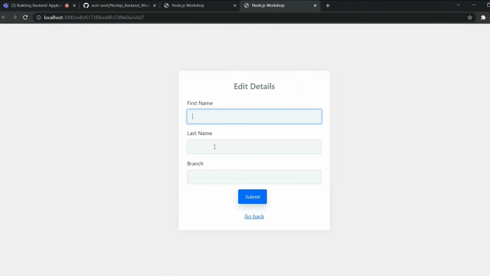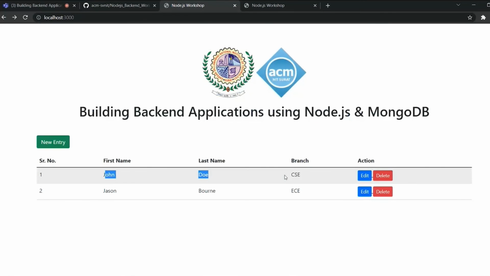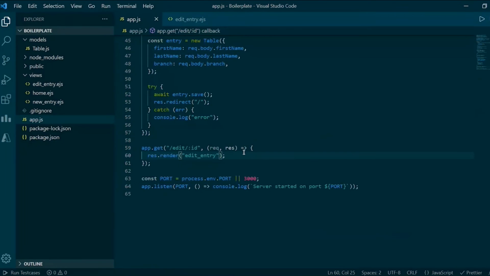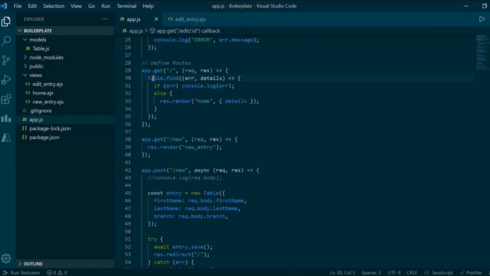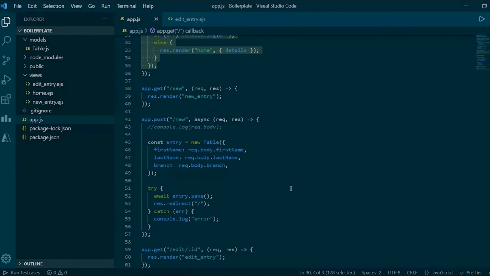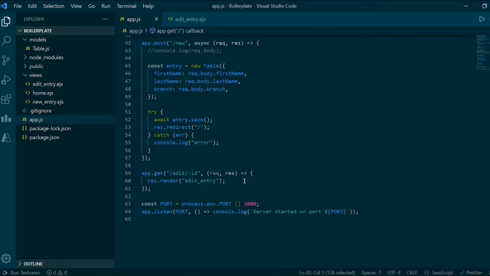So we want to pre-fill this form with the data that is already present in this table, right? So for that, we will be using the concept that was used in this home page. Just as you rendered these things in the home page, we will be using the same concept. So in the home page, we were finding all the records in the database, right? Maybe there are 2 records, so all the 2 records are displayed. Right now we want to find a specific entry in the database, right? Not all the things. So for that, we will be using another function,